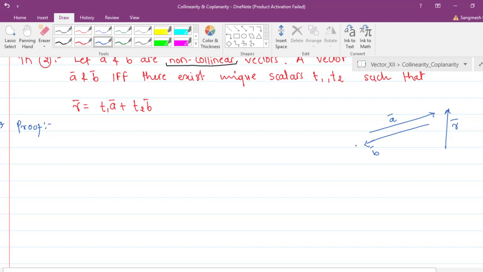मतलब इसका रिजल्टेंट अगर देखोगे तो this is nothing but a single, only one vector we are having, which is having only one direction. So this and this, in total we are having only two vectors, you can say. So of course the collinear vectors along with the third vector are always coplanar vectors. I hope it is clear.